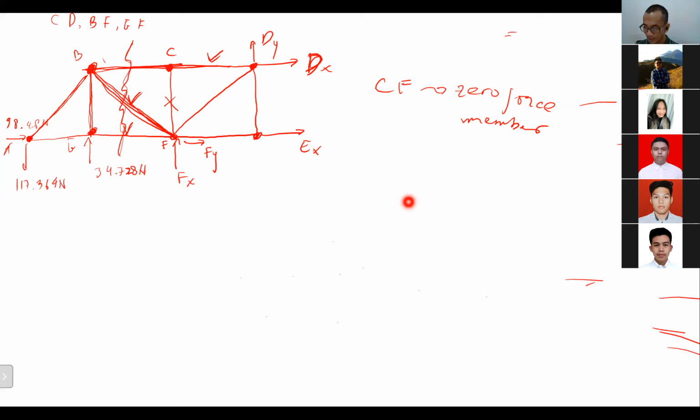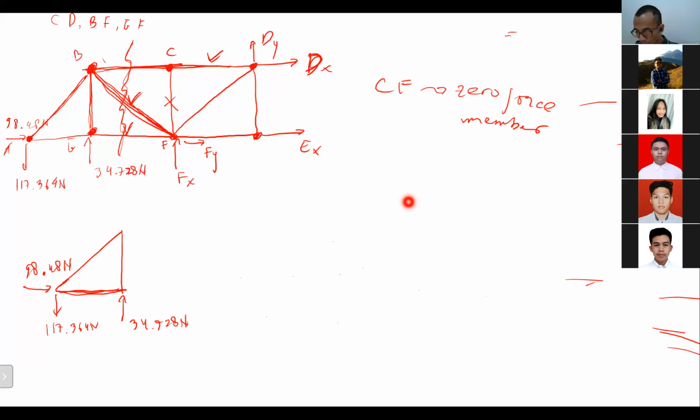Okay, now my free body diagram will become like this. I have external forces like this, 98.48 Newton. I have 17.364 Newton. 34.728 Newton. And now, Meryl,